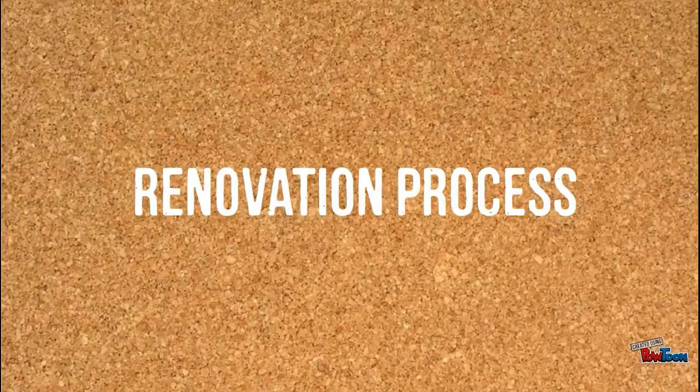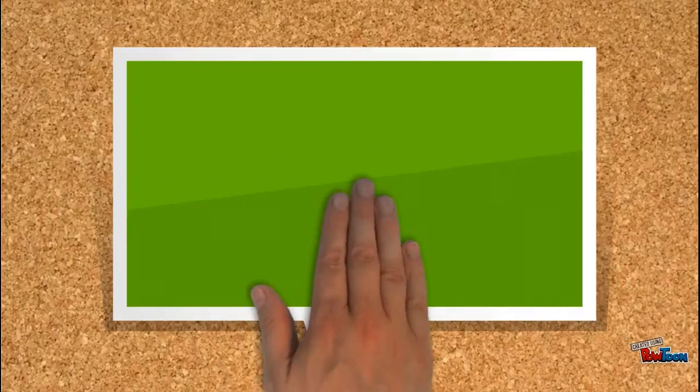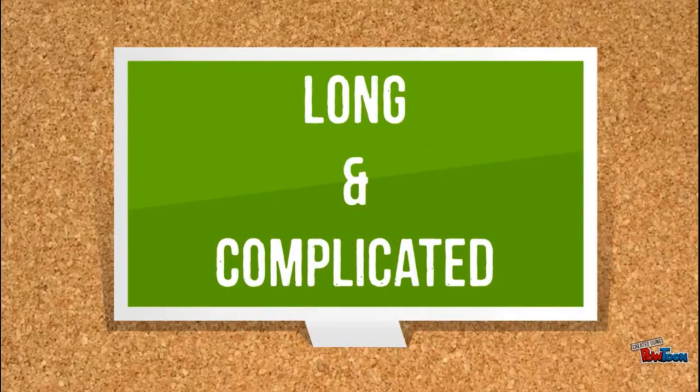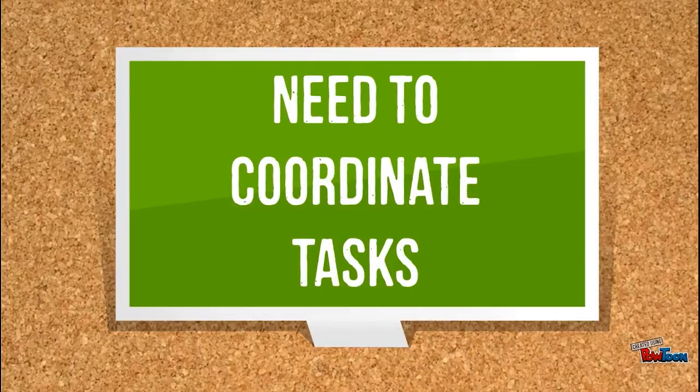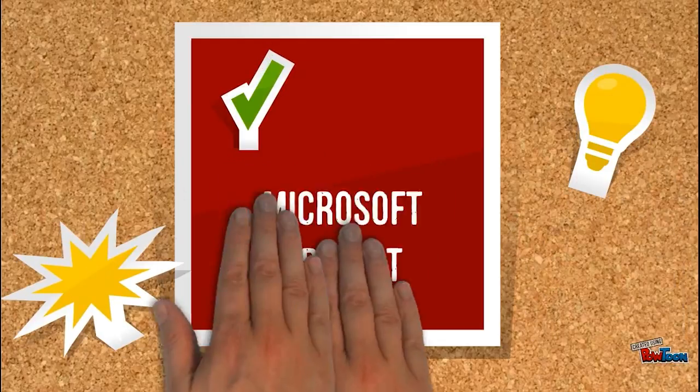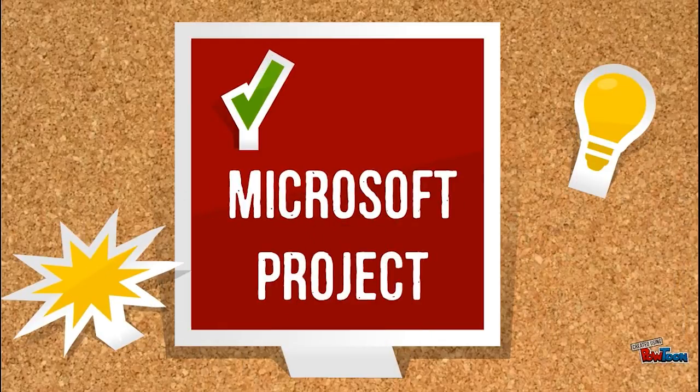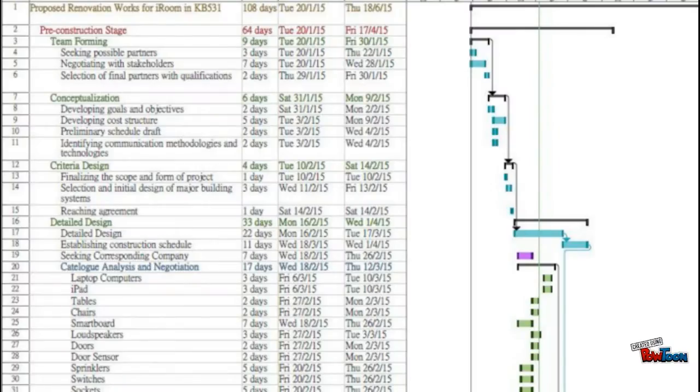Renovation work of the KB531 for turning into iRoom is a long and complicated process. It involves different parties and stakeholders throughout different stages for the completion of the renovation. Therefore, in order to coordinate all the works and tasks and help foresee possible risks and challenges, a Gantt chart is introduced to arrange different tasks in order, according to the priority and sequences, into a program using the Microsoft Project software. Shown by the chart, the program includes the name of tasks, the days of completion, and the starting